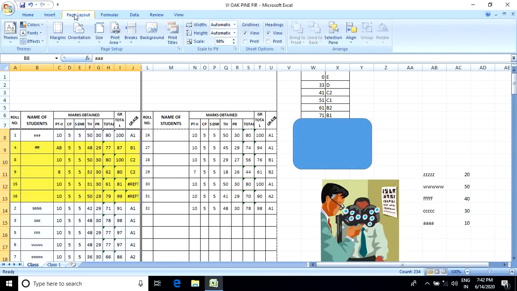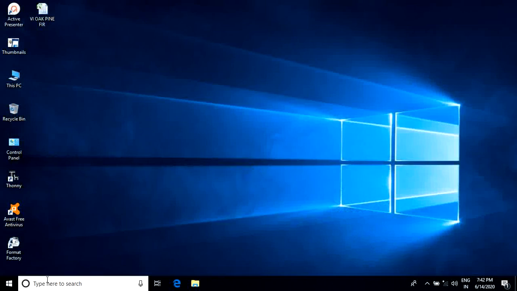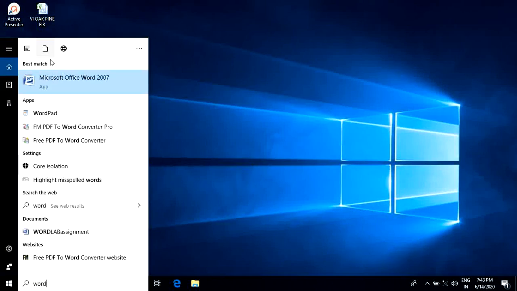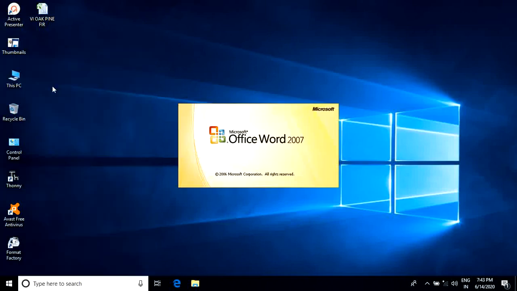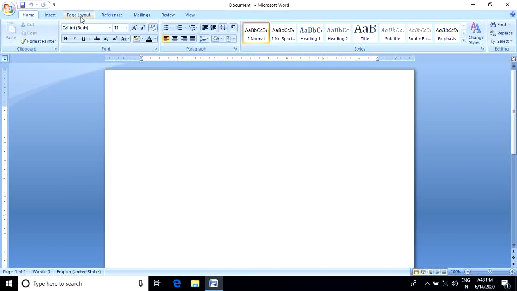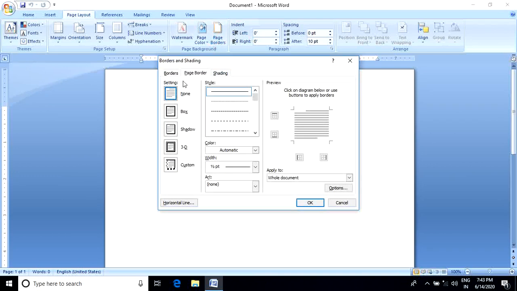Some of the students asked me about border and shading in Microsoft Word. So just look here in Microsoft Word. Here, Page Layout, Page Border. Here the Border and Shading dialog box appears.